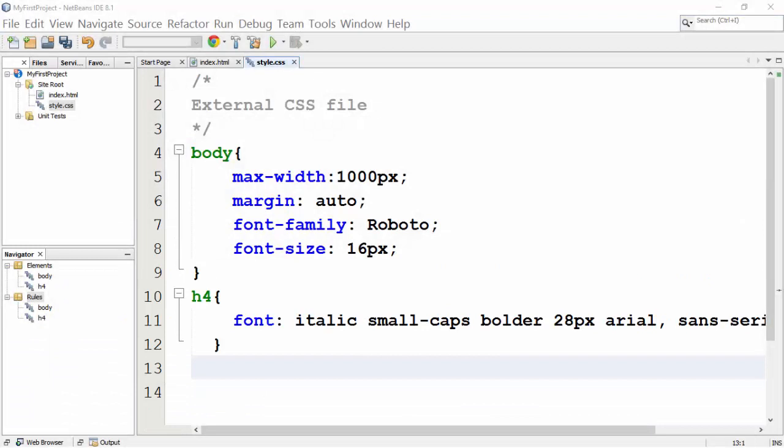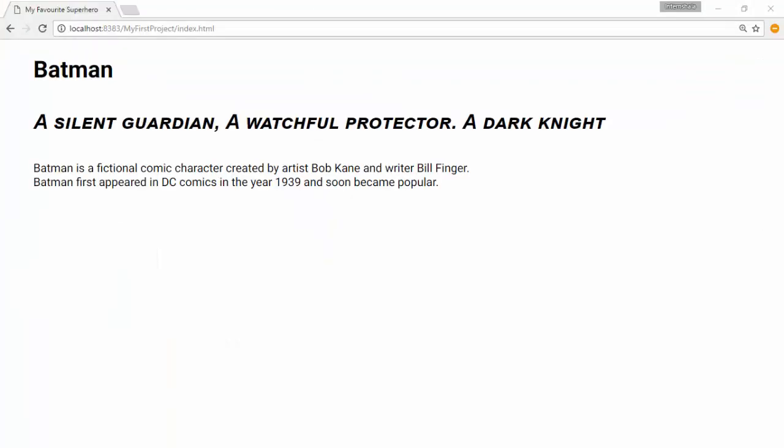Let us see the output of our HTML file. You would see that the styling that we defined for the H4 selector is applied on that text. Applying the font shorthand property saves you writing a few words of text, but often it could be difficult to remember the order. One wrong mention of the value could mean that you would end up styling your text differently. We recommend you avoid usage of the font shorthand property and explicitly mention each property value as we have done in